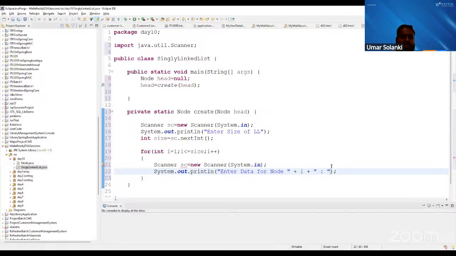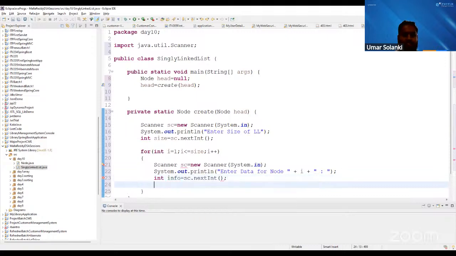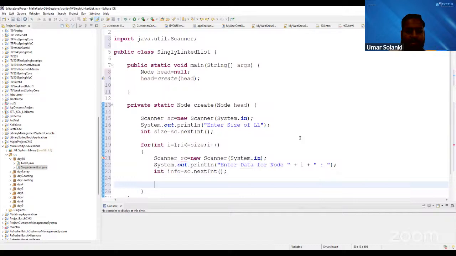Now, data for node 1. It will enter me the data. Maybe I'll call it info, equals sc dot next int. And then now I will place an order to the factory for a new node with the info. And who will receive it? It will be received by node